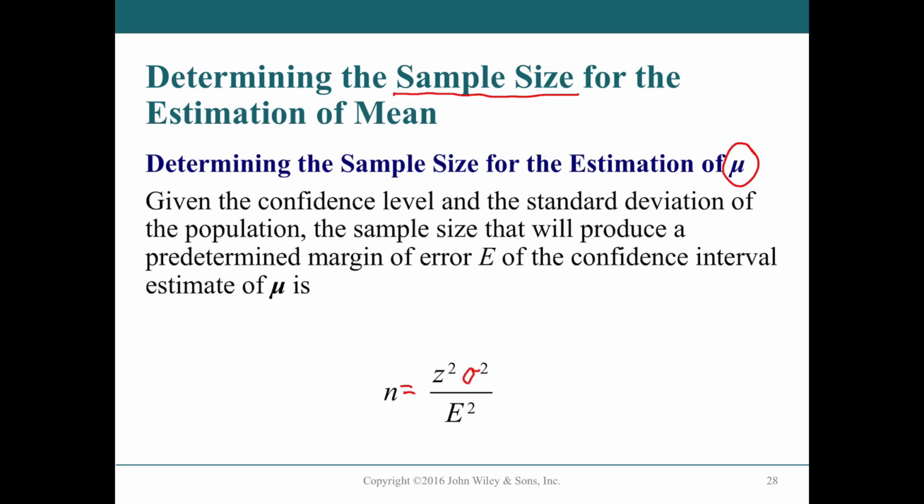So we have the value of z, which is squared, and we have the value of sigma, just sigma. Notice n is not part of the calculation. We're solving for n here. So what we have here is z squared, sigma squared over e squared. And I've always found that many books list it in a slightly easier way. This is my opinion: why not just get that ratio, z times sigma over e, and then square it? Seems a little easier to me, a little less work. Why your book didn't think of that, I'm not quite sure.